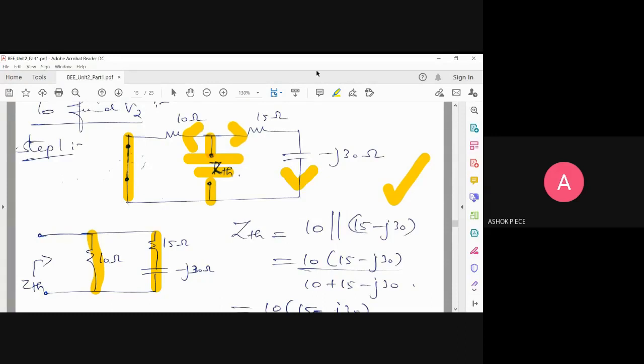I again say, don't write each and every step of what I teach from the notes. Do some calculation when I ask. These notes are available to you in the classroom, so you can download them at any point of time and work them out manually. When I take class, you do whatever I say. That is enough. Drawing the diagram, seeing whether the resistances are series or parallel, finding out the value, those things you do. 10 parallel to 15. Anybody having doubt how to find ZTH from the given diagram, please unmute yourself and ask.